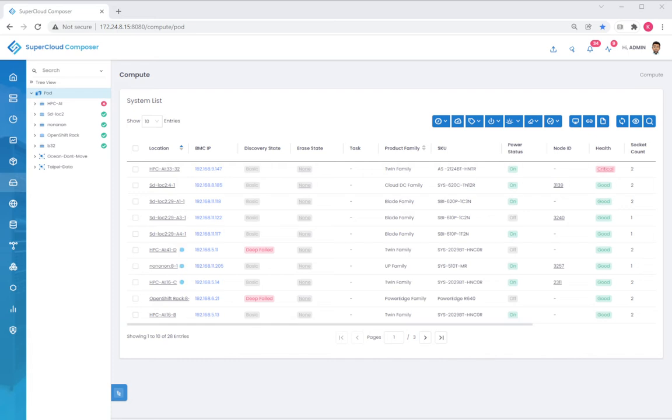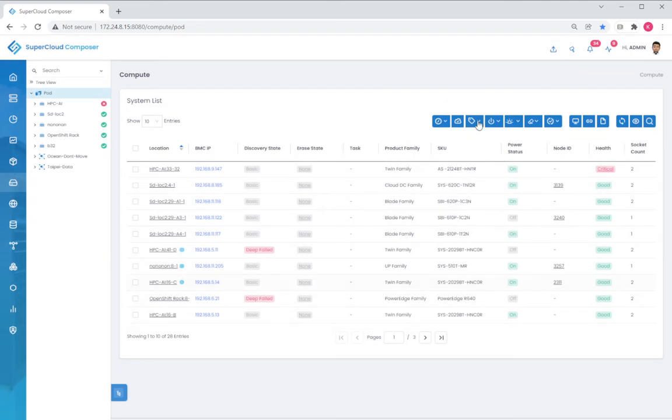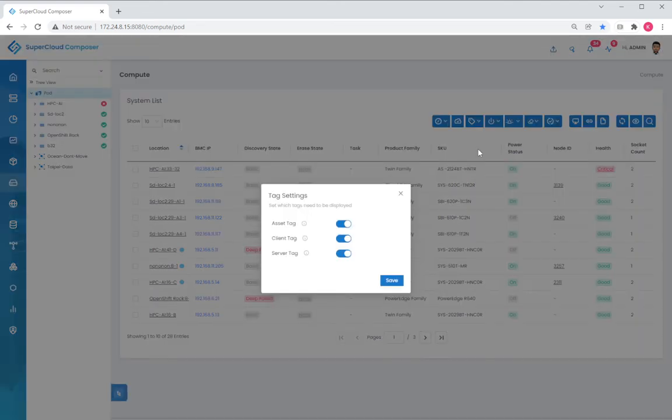In the system list, we provide buttons for the server architect to perform their lifecycle management tasks. We have in-band discovery, we have deployment of an operating system, we have tag management, so you could provide user-defined tags for a particular user. You can also perform a system-generated tag, where once an operating system gets deployed to a host, such as a VMware ESXi host operating system or Linux, we automatically tag that particular host